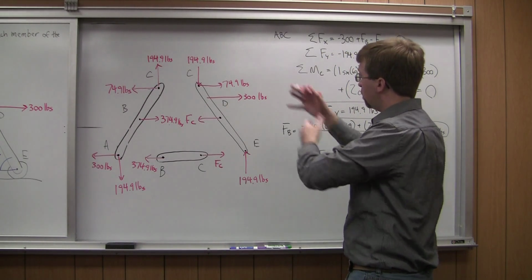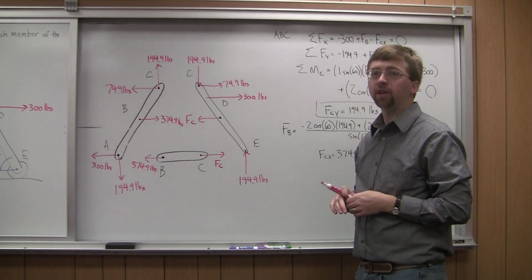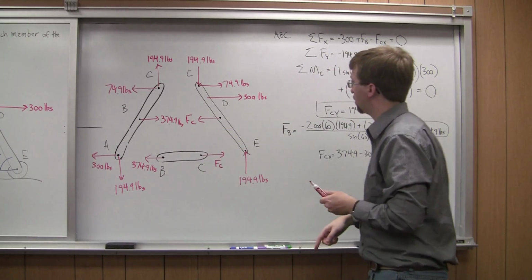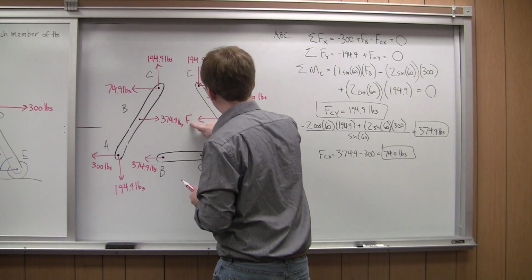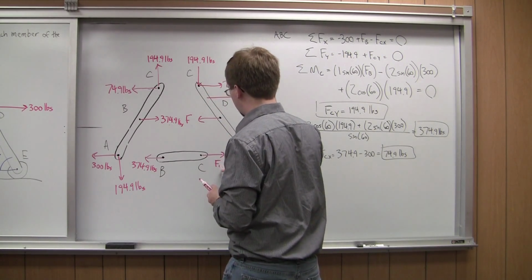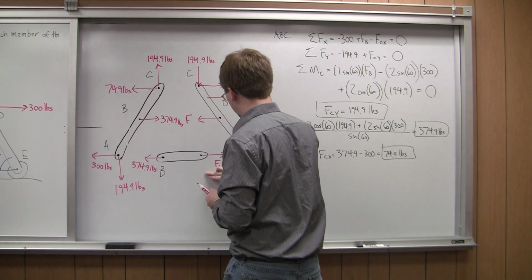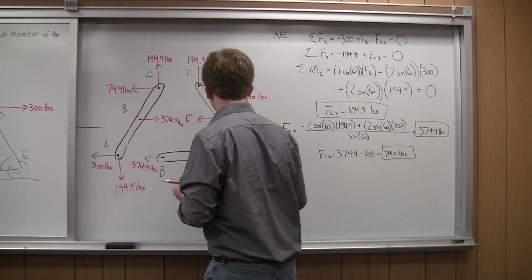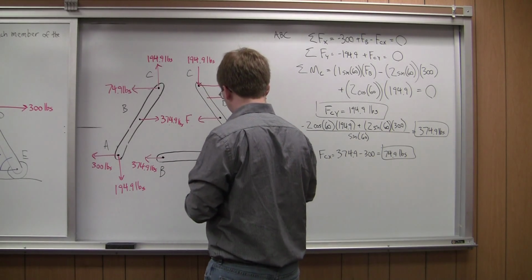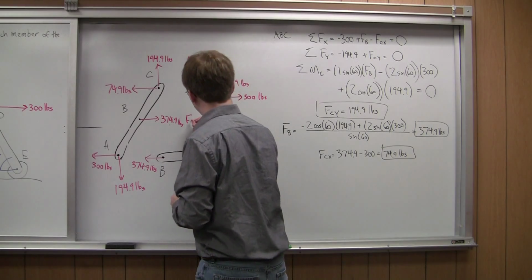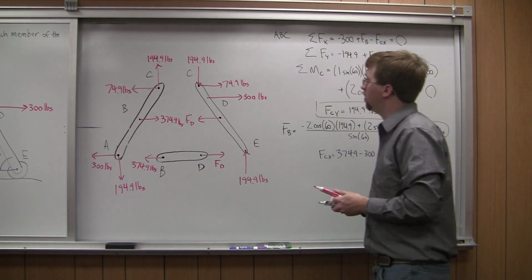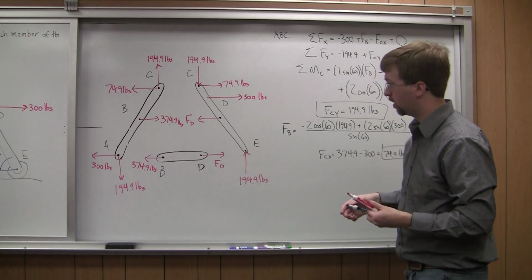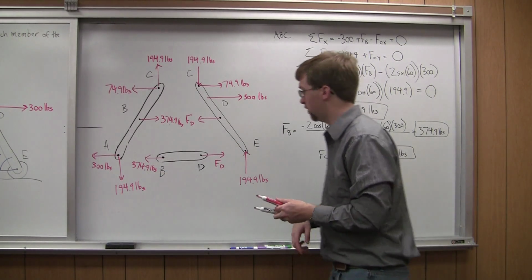All right, so when we look at all of this, we notice that we've only got one force left unsolved. So that's FC right here, or sorry, that is not joint C. This should be joint D. Sorry, BD. And this should be FD. So FD, I've got a 2-force member, and I can quickly assume that's going to be 374.9.